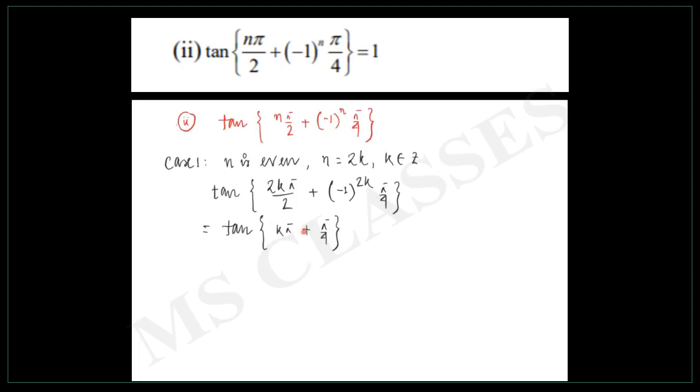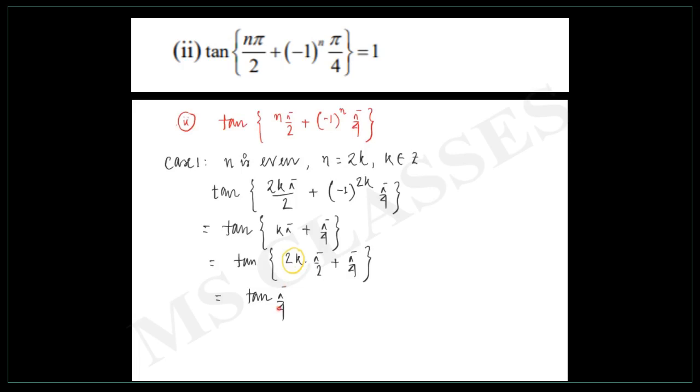Before that, you can check one thing, that here in tan, what can we write? 2k into pi by 2. Why do you need pi by 2? Because children, I told you that we have to express this in terms of some multiple of pi by 2. So here 2k into pi by 2, 2k means an even number into pi by 2, plus pi by 2. So here we can say it is an even multiple of pi by 4.